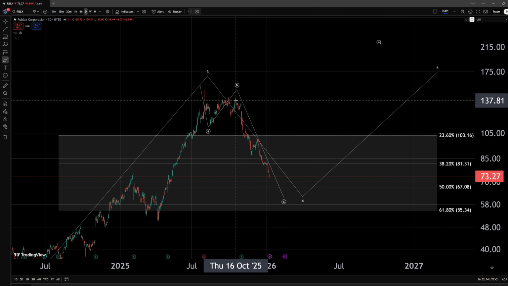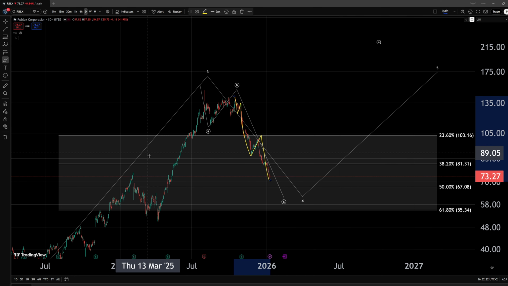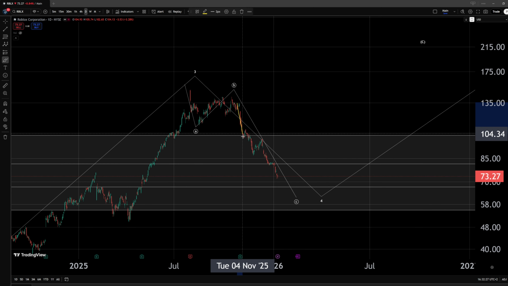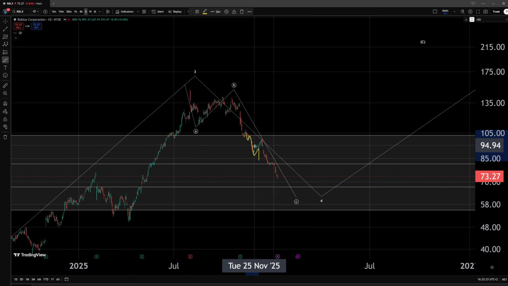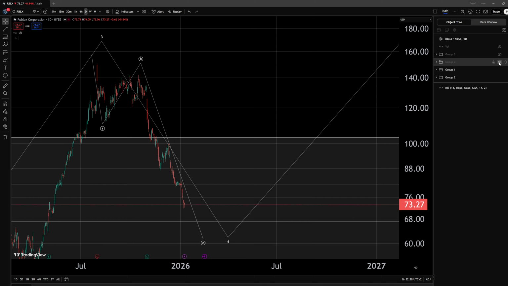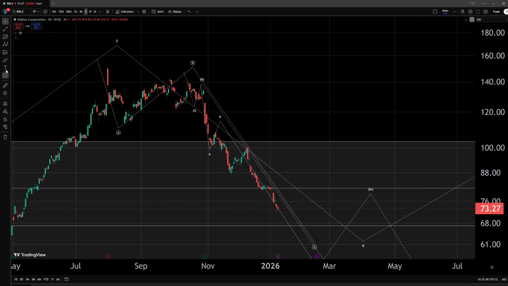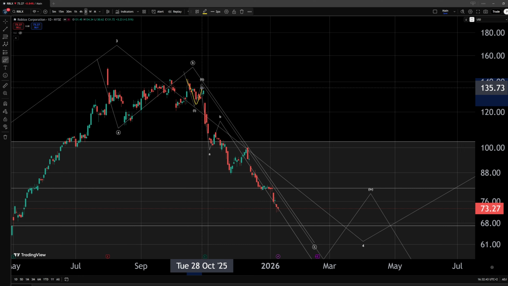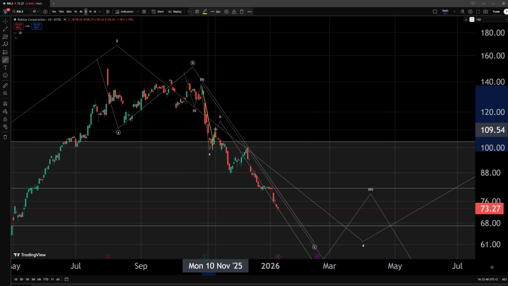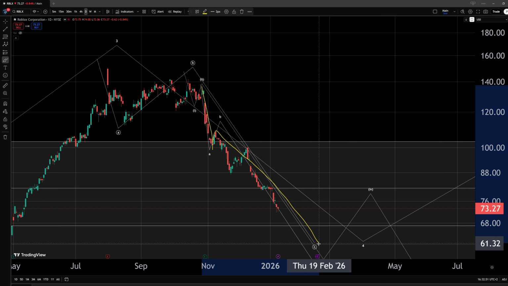Now, while it is technically applicable to track this structure as something like an ending diagonal in 1, 2, 3, 4th and the 5th, this count doesn't work out too well, to be honest, because within this wave 3, I would be tracking an ABC movement, in which case I'm lacking the actual 5-wave structure within the wave C. I'm lacking here the 4th and the 5th. In this case, I would be more open to a slightly different interpretation where I would consider that this is still a 1-2 setup, but within the wave 3, I could very easily consider this to be the wave A, to have a wave B correction here, and then a C wave that would be unfolding at the moment.